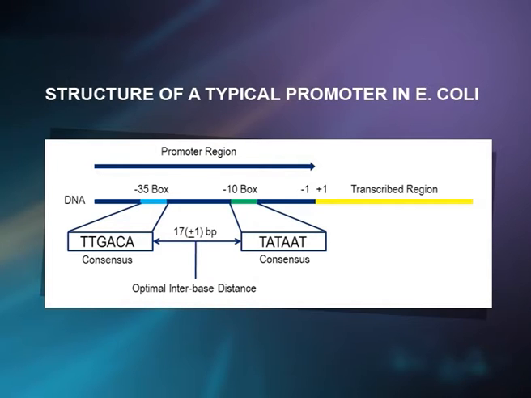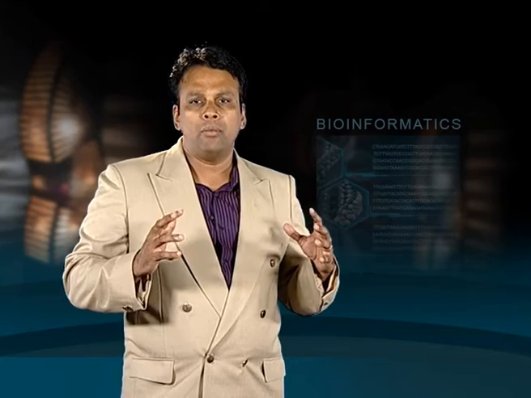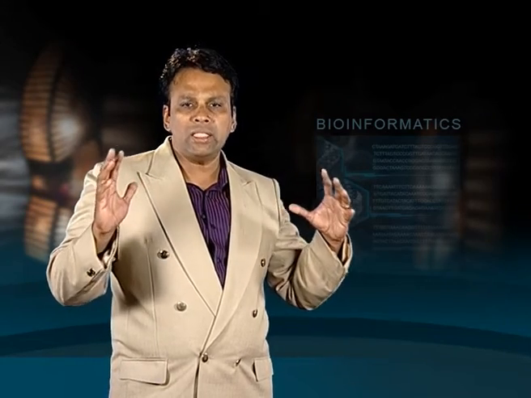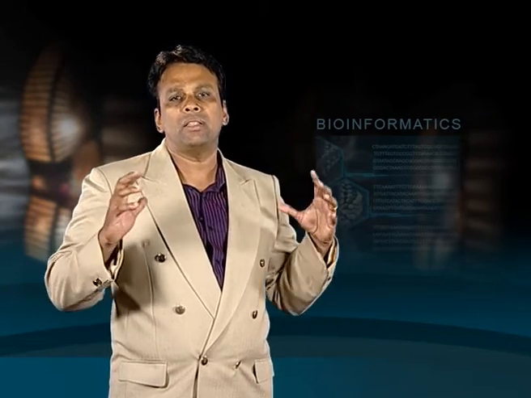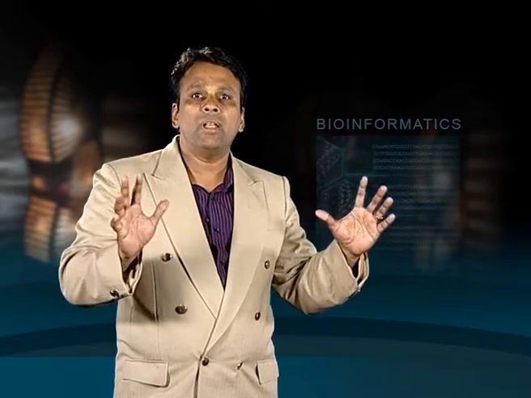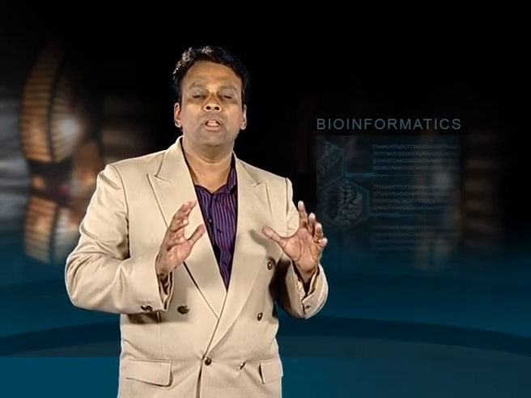The AT-rich -10 sequence facilitates the localized unwinding of DNA double helix, which is an essential prerequisite to the synthesis of a new RNA chain. In E. coli promoters, the distance between the -10 and -35 sequences is highly conserved, never being less than 15 or more than 20 nucleotide pairs in length.